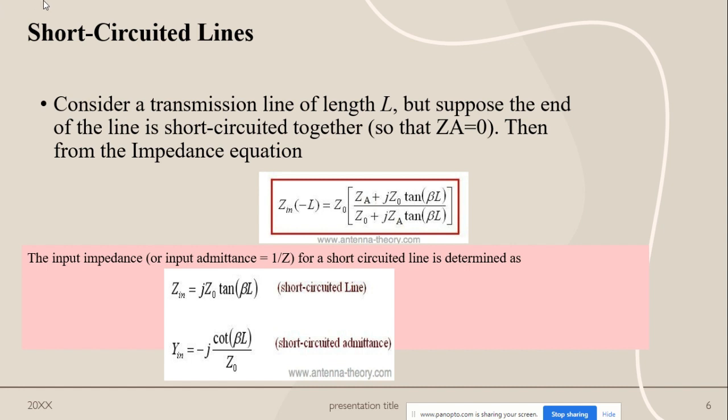So we know the general formula. The input impedance, or input admittance 1 by Z, for a short circuited line is given by Zin is equal to j into Z naught tan beta L, and Yin is minus j into cot beta L by Z naught. One is the impedance, the other one is the admittance. Substituting the condition of ZL, short circuited ZL will be 0, whereas open circuited ZL